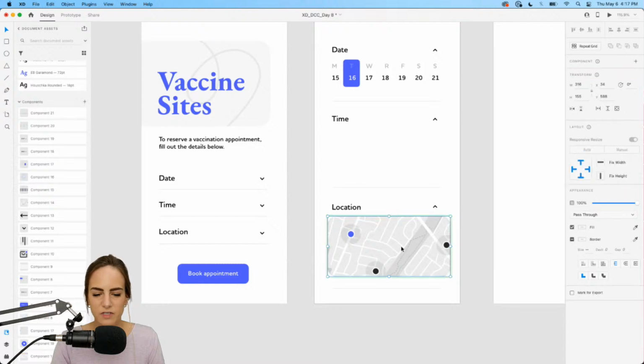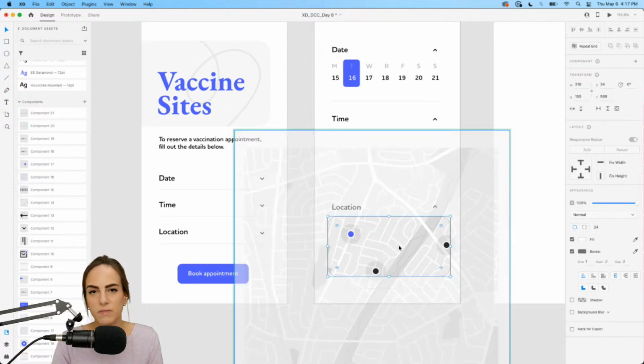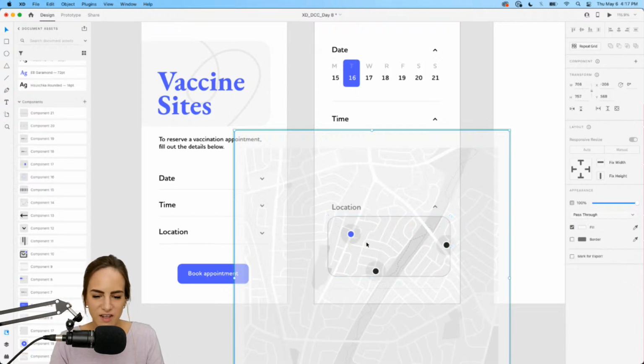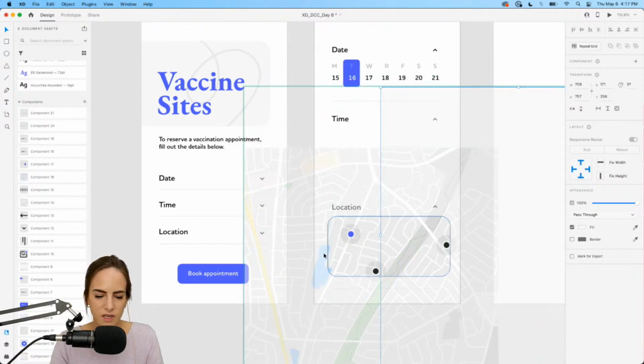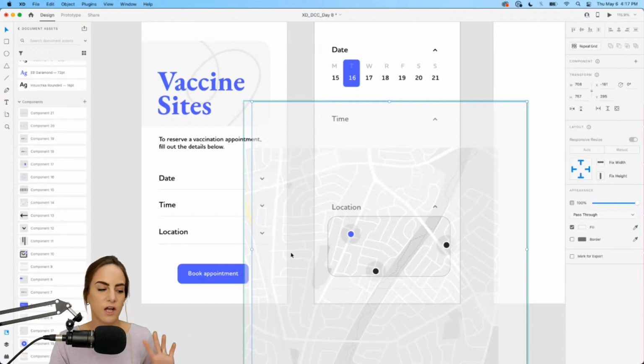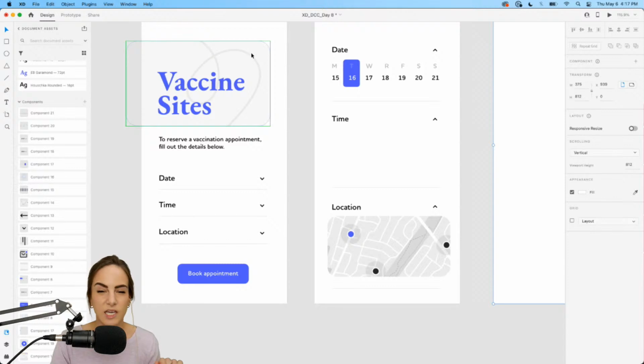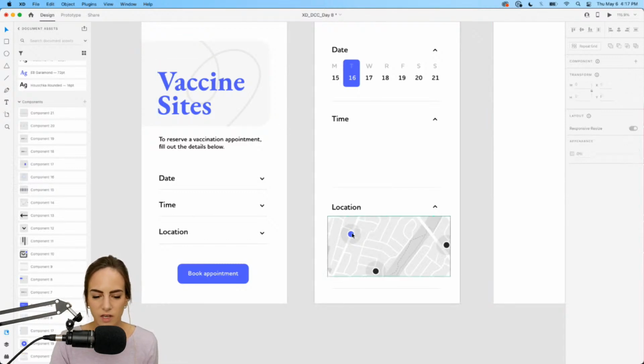For instance, this map I just got from snazzymaps.com, took a little screenshot. You can customize the colors, but if it's still not exactly the color that you want, like here it still had the blues and the greens, what I do is I have another color on top of that, and then I just make that this same gray. And like the little dots here, whichever location you select, I would make that this same